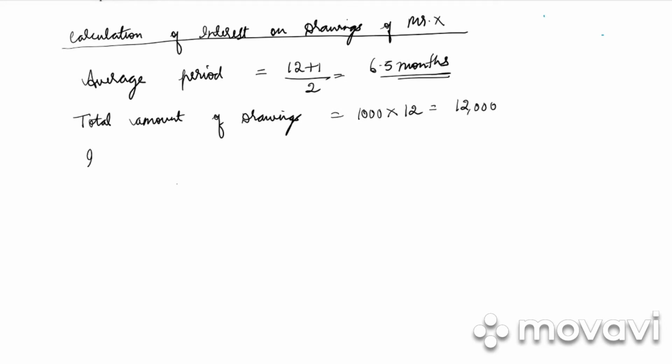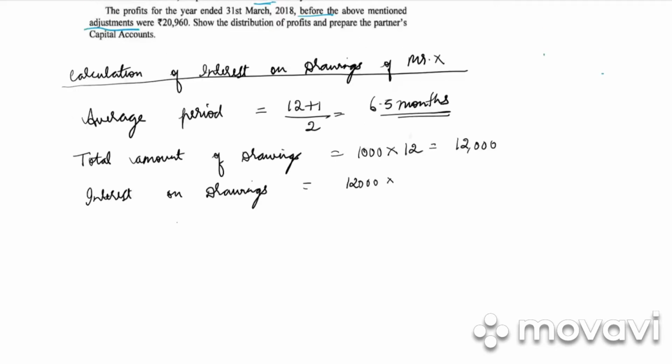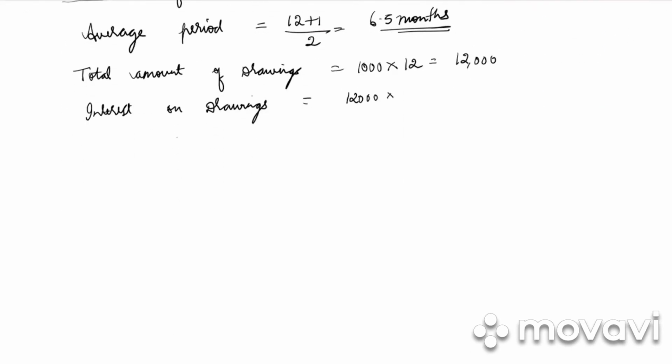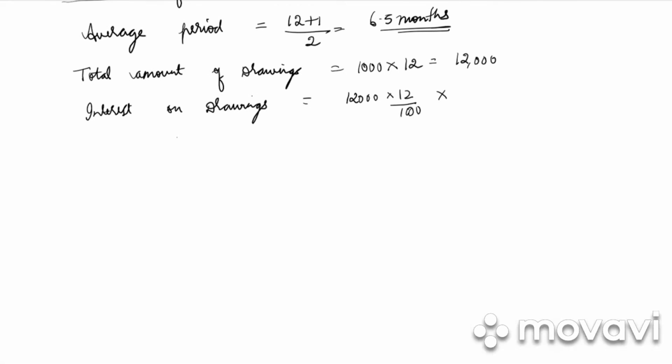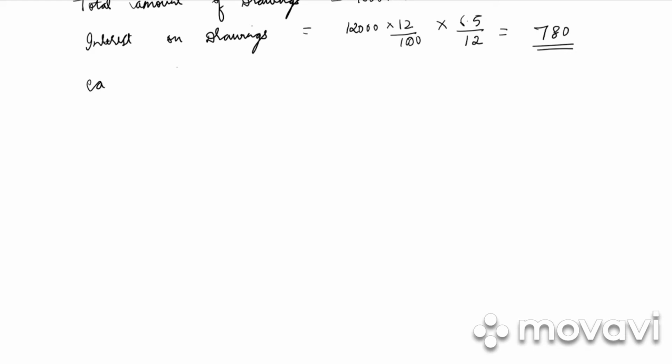After that, we calculate interest on drawings. What will be the interest on drawings? 12,000 into the rate of drawings, which is 12%, 12 by 100, into 6.5 by 12. So what do we get? 780 rupees. Next we need to do the calculation of interest on drawings